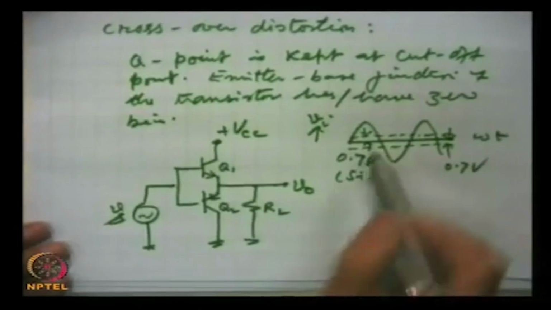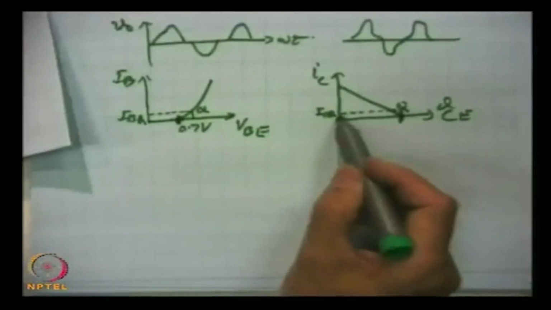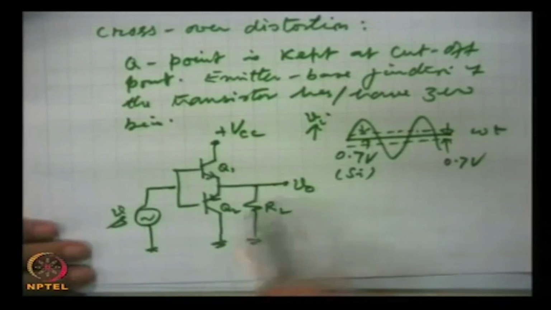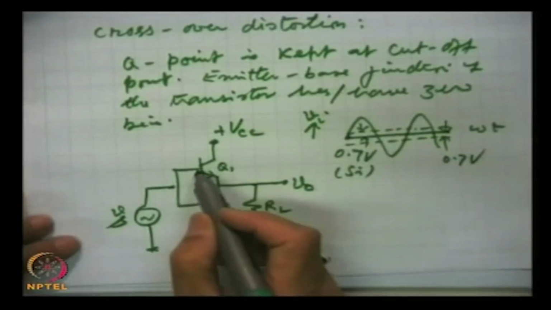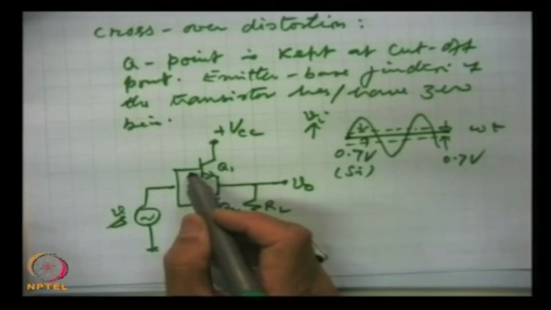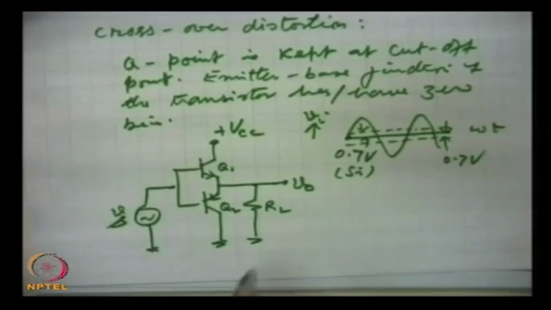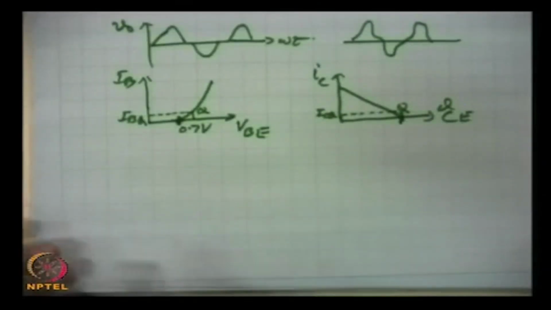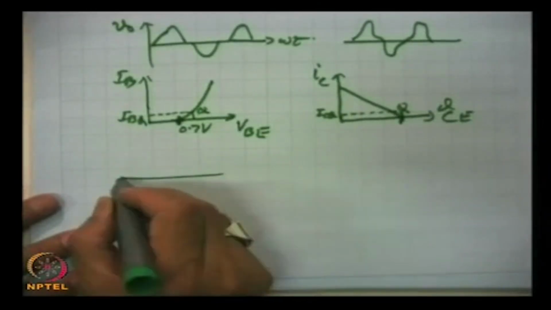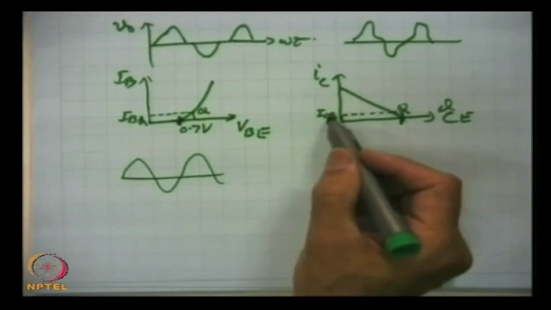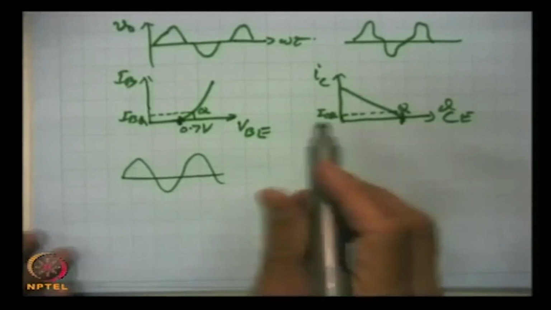After we choose the operating point here, these transistors are ready to conduct right from the beginning, because 0.7 volt is already provided. Similarly, here 0.7 has been provided. So, the output will be the way we expect, a replica of the input, only much higher in power. Now, in shifting this, the conduction is now more than